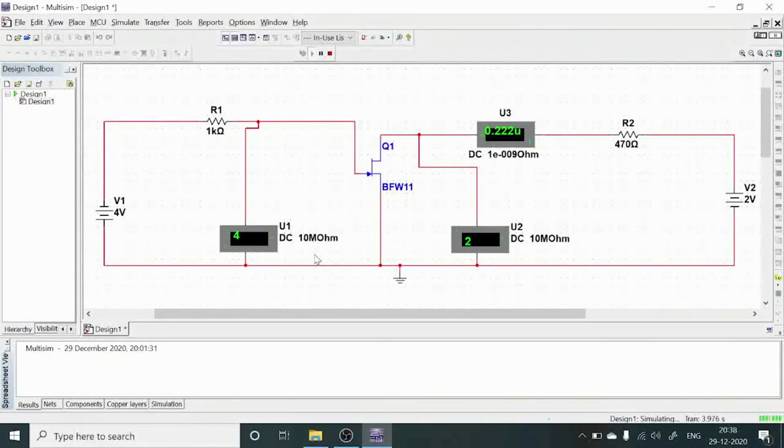So after these observations, now we need to plot the transfer characteristics between drain current as well as gate to source voltage here. So up to this point, we identified the two types of characteristics for this FET here. In that, we identified drain characteristics as well as transfer characteristics. By using these two observations, we need to draw the graphs for the drain characteristics as well as the transfer characteristics.